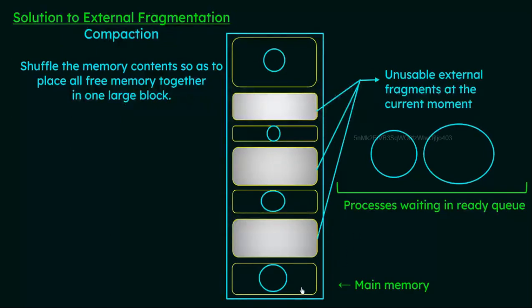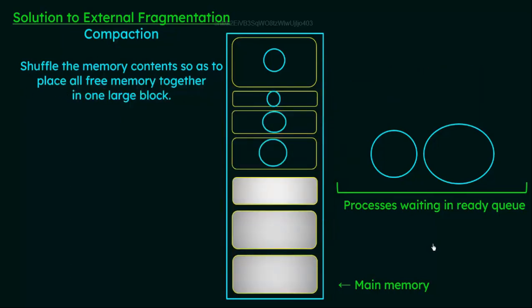This was the same example that we took for external fragmentation, and we saw that these three highlighted blocks were the unusable external fragments at the current moment. Now, what if we combine these three? We know that we cannot directly combine because they are not contiguous. So the first thing is we have to make them contiguous. For that, we'll shuffle it so as to place all the free memory together. So let's say that we are shuffling it, and it forms a pattern like this now. All the occupied ones are on top, and all those unoccupied memory blocks are put together